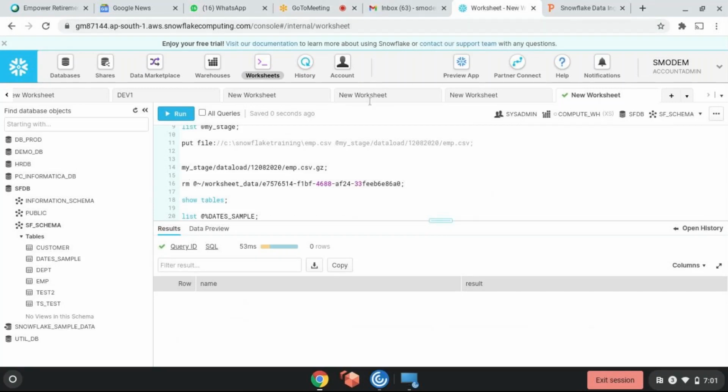The moment we are loading data from a stage to a table, the stage file is automatically purged, automatically removed. That is part of the copy command. Whenever we look at the copy command syntax, I'll tell you. PURGE = TRUE is the option that we have to use, so that if the file is loaded successfully, then only